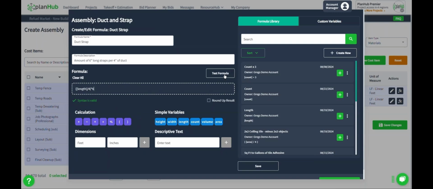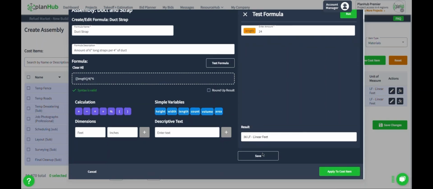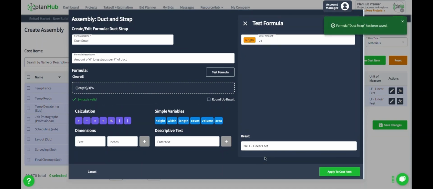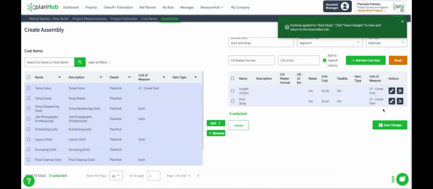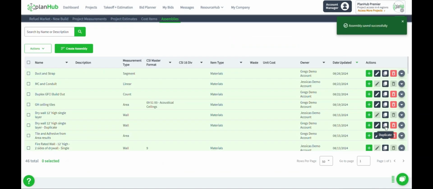I can test this formula to see if it's going to give me the desired result. For instance, if I take a 24 feet long duct run and click Run, then I would expect it to divide by 4 to get 6 and then multiply it times the 6 feet, and it does, giving me a result of 36 linear feet. Since it's performing as I expect it to, I'm going to click Save to save this formula and apply it to this cost item. Next, I'm going to click Save Changes, and that will make this assembly available to be